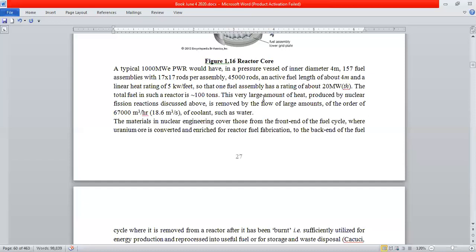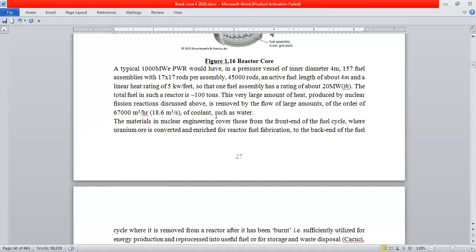Now, this very large amount of heat, which is produced by nuclear fission reactions, can be removed. In a PWR, it is removed by the flow of large amounts of coolant, such as water. So you take this huge amount of water, which is 67,000 cubic meter per hour, and you circulate it. So the thermal energy of nuclear fission goes into water, and you know when you heat water that if the